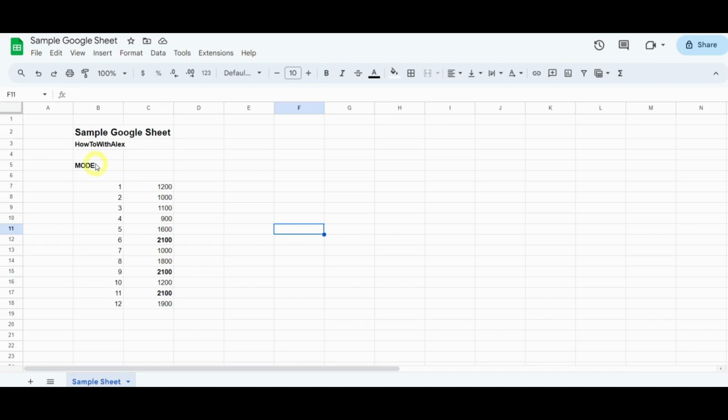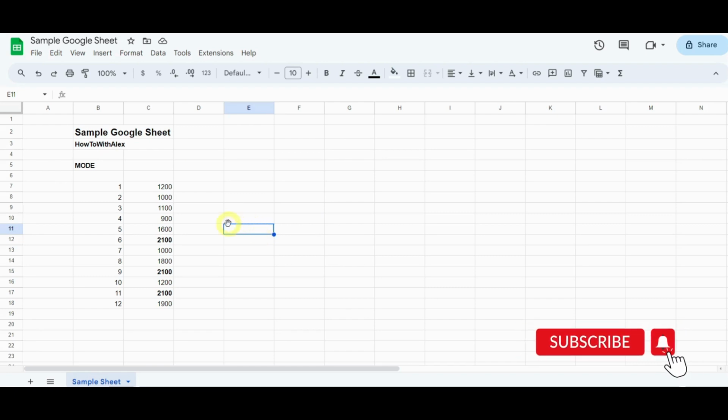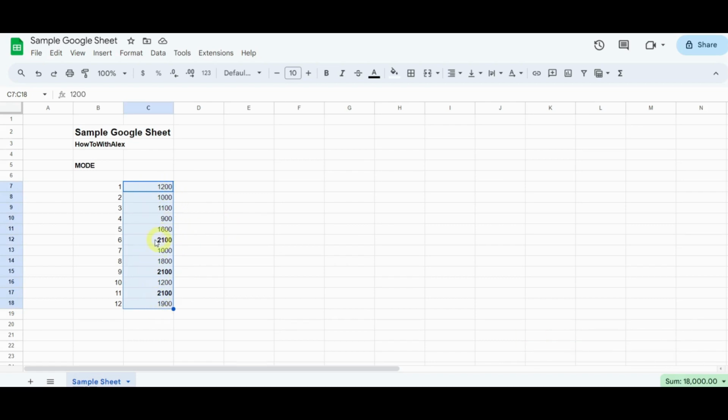The mode formula in Google Sheets is going to return to you the most occurring value from a set of numbers that you give it. So, for example, if we wanted to know what the most occurring value is in this second column here, which I've conveniently bolded to show you that 2100 occurs 3 times and is the most occurring value,